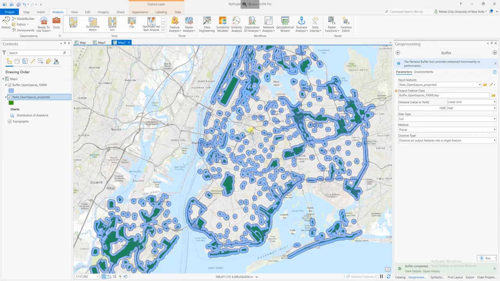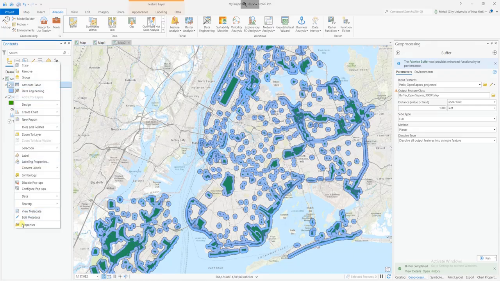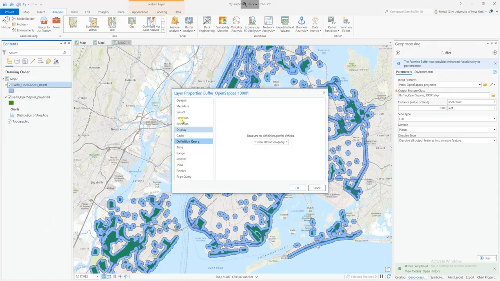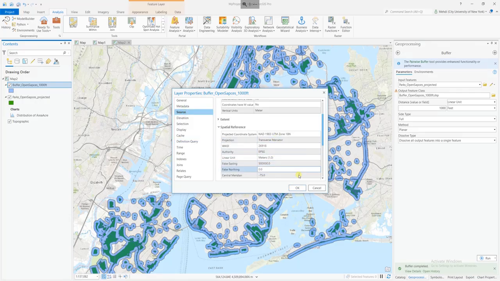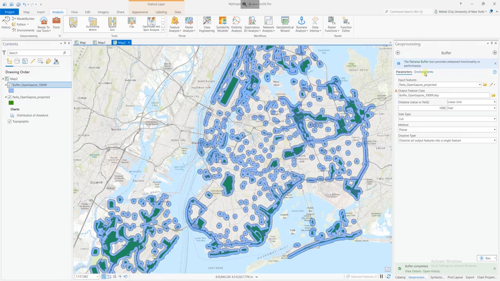So be cautious when it comes to the computation. And now we have a buffer. That buffer will carry the same projection and CRS as the input layer, unless you assign a different system in your environment. That was a simple buffer. In another video, I'm going